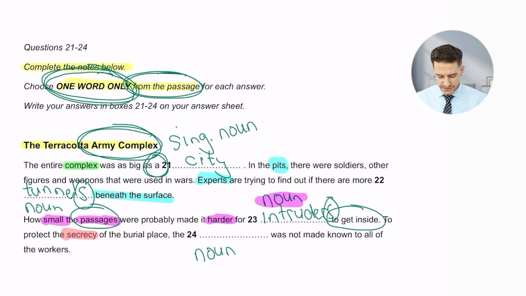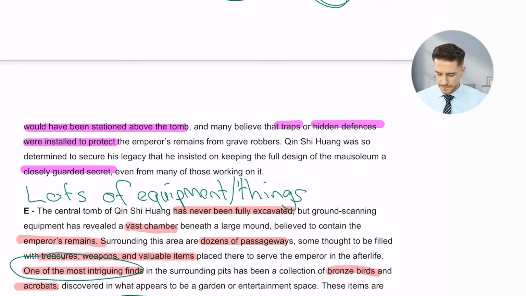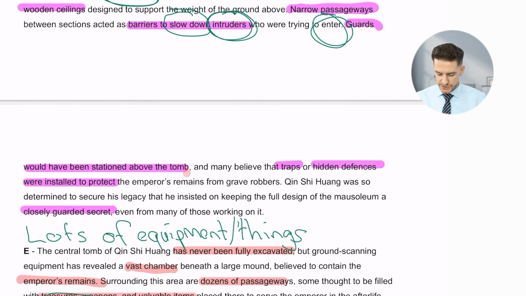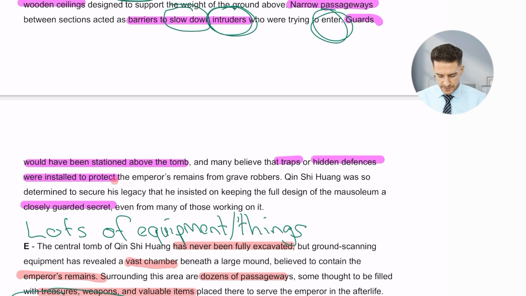To protect the secrecy of the burial place, the something, so noun, was not made known to all. Okay, that's an important word, all of the workers. So let's go back up and see if we can find that. So guards would have been stationed, okay, and many believe that traps, no. Protect the emperor's remains, no. Qin Shi Huang was so determined to secure his legacy that he insisted on keeping the full design, maybe that could be it, of the mausoleum a secret. Okay, even from many of those working on it. There we go. So we're looking for a noun, and it looks like design might be the noun that we're